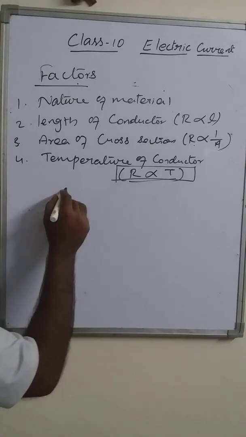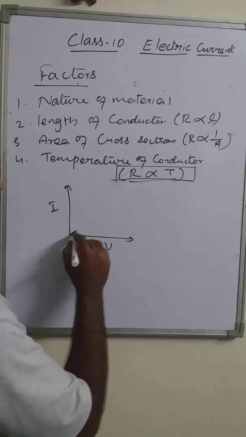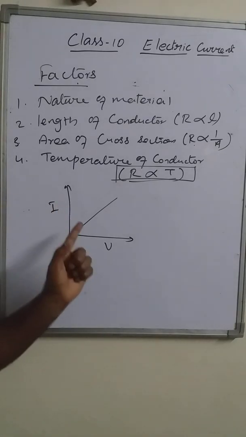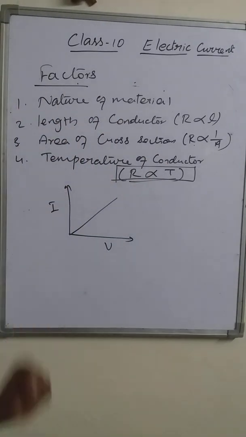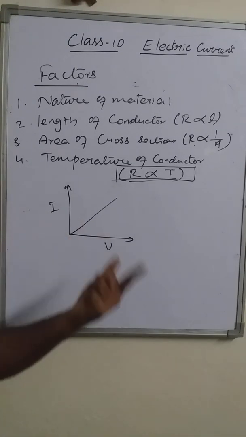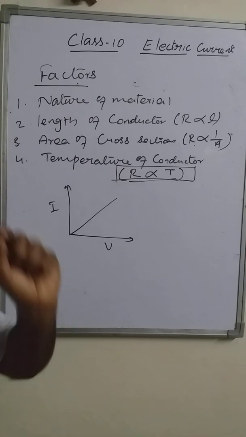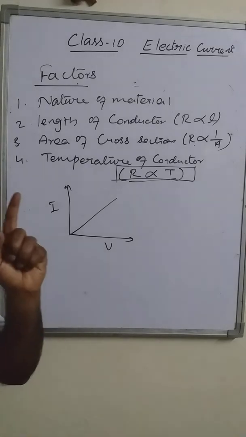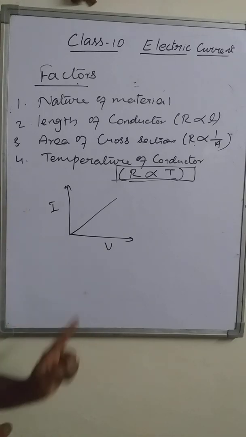Because the temperature and the resistance are directly proportional to each other, we plotted the graph between V and I. Here we are plotting the graph. The graph comes as a straight line for Ohm's law. But when we pass the electric current through the conductor continuously, definitely some amount of heat is produced. As the heat is produced, the temperature of the conductor increases, and resistance also increases. That's why the graph we plot is a straight line, but it will not be a straight line forever. After a limit,